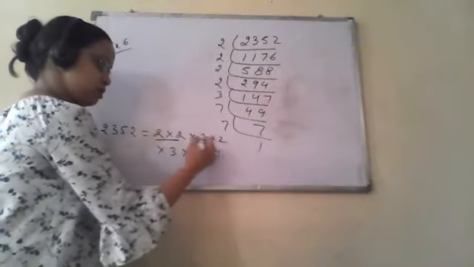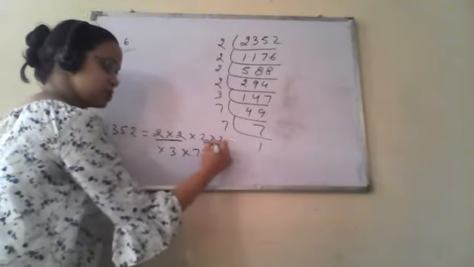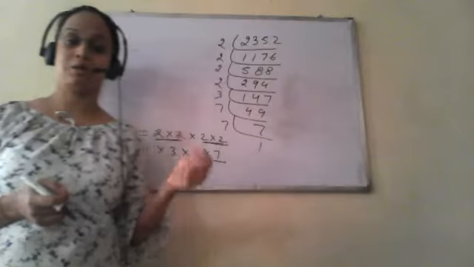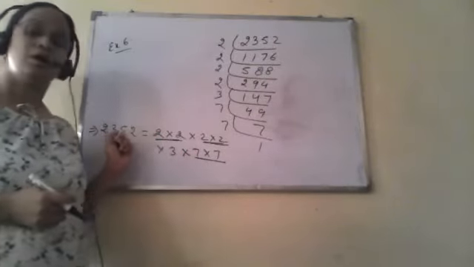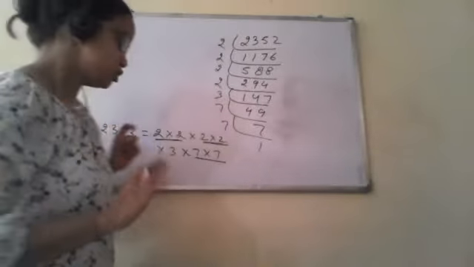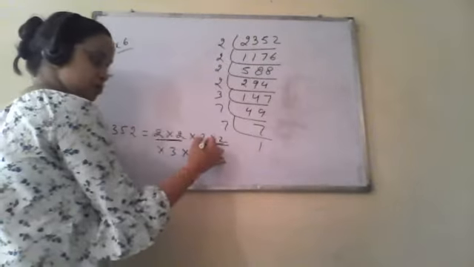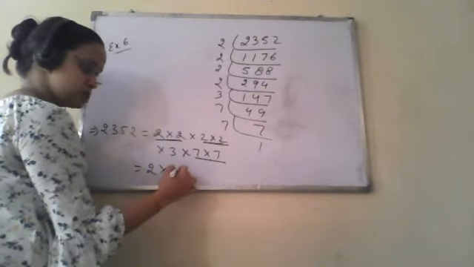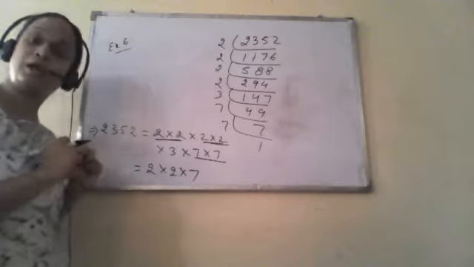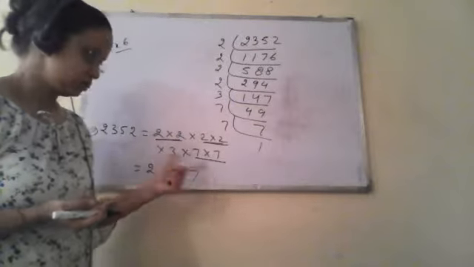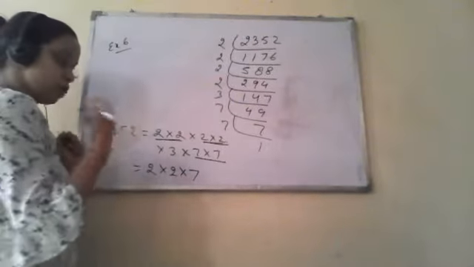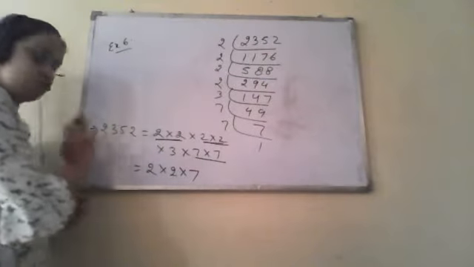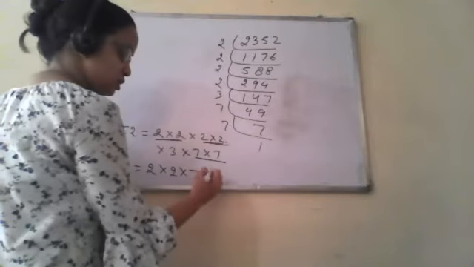So these are complete pairs. We have to find the smallest number which is to be multiplied in order to make this 2352 a perfect square. So we have seen this is a pair. From this we can take out one 2, from this we can take out one 2, and from this we can take one 7. So 3 is left alone. So the smallest number which has to be multiplied in order to make 2352 a perfect square will be 3.